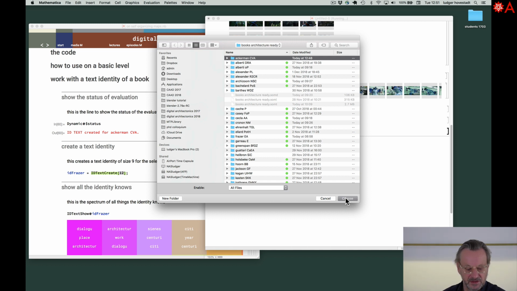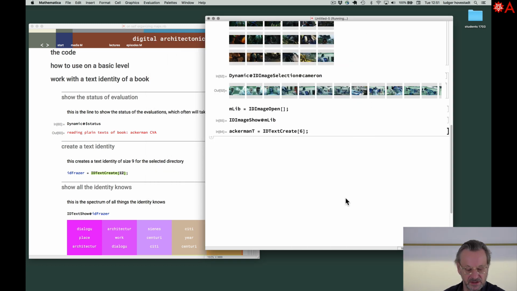So now we go here. You see here our status bar. Now it is creating a dictionary for this book. So Ackermann has a certain vocabulary, and this will be the reference for his understanding of the world. So we create that. And now within this dictionary we organize all the text fragments, and then we create this